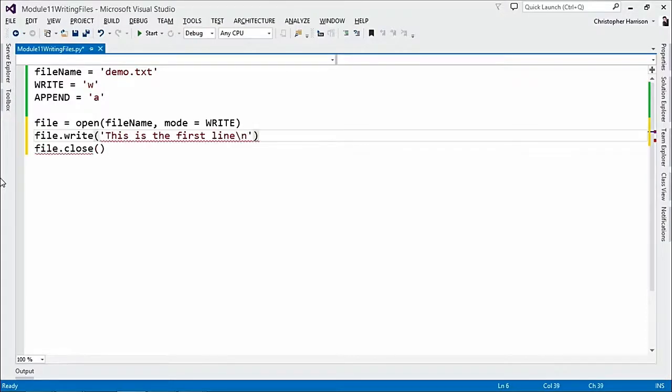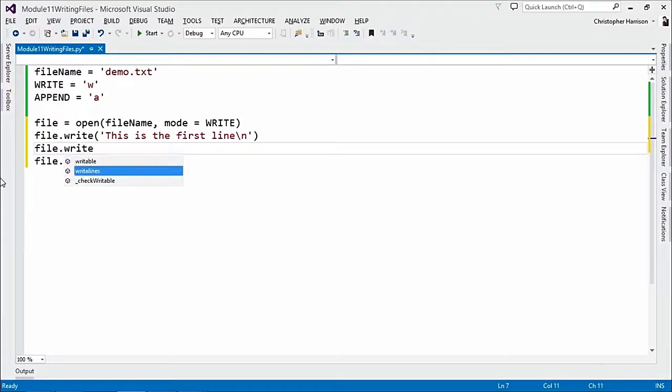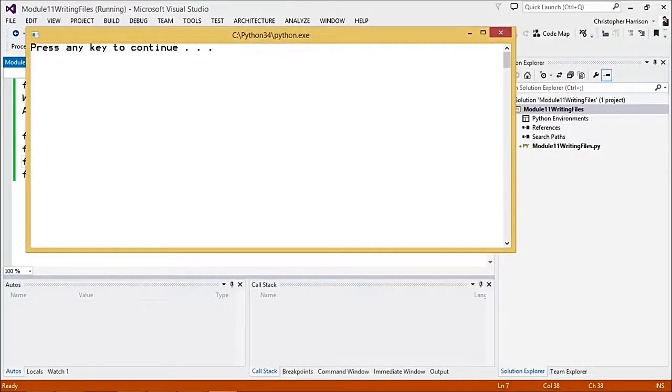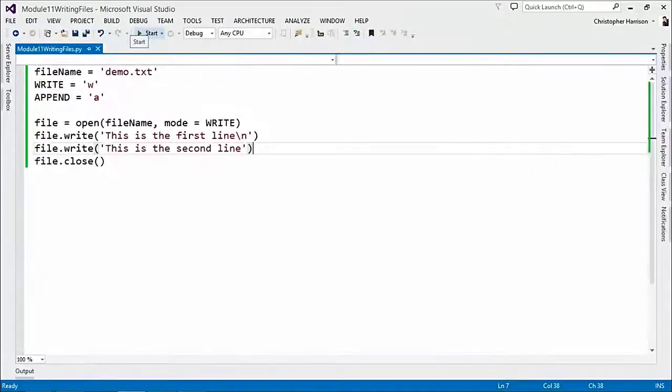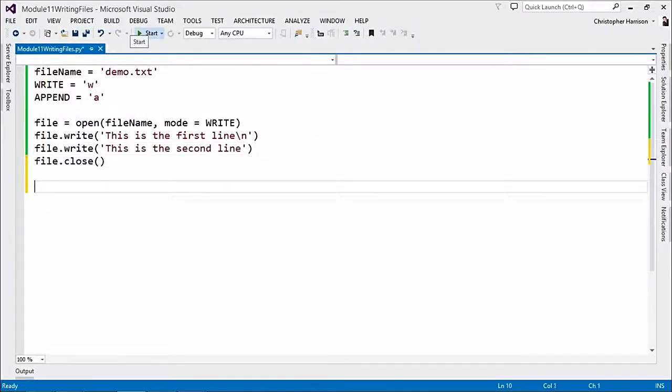Let's just do the \n there, and then file.write, and this is the second line, and we won't do that. Okay, perfect. And let's just make sure that all of my code looks good. It does. I'm going to hit start. Tells me again to press the any key. You know, one other good habit to get yourself into